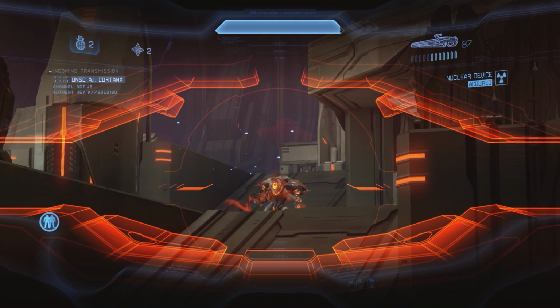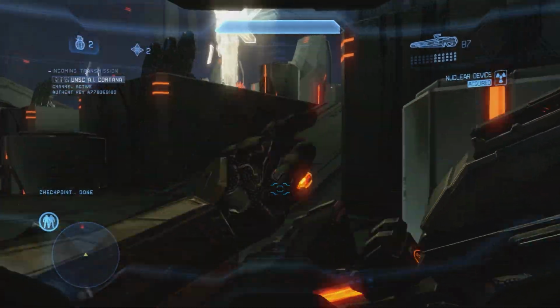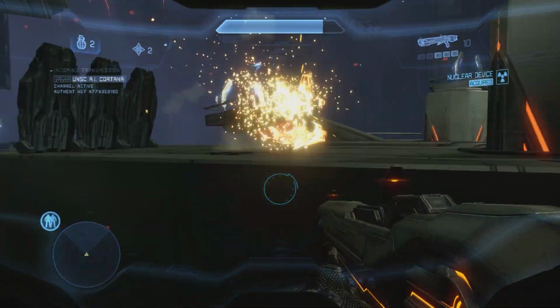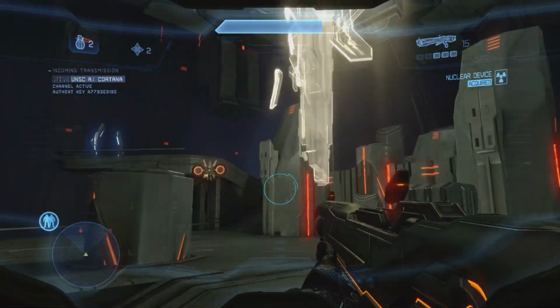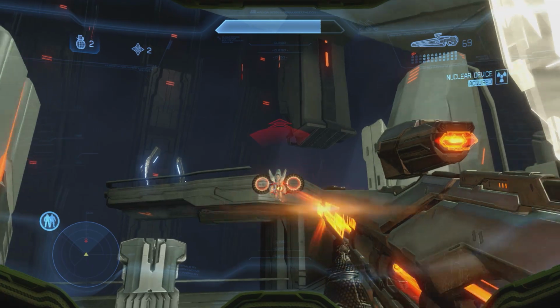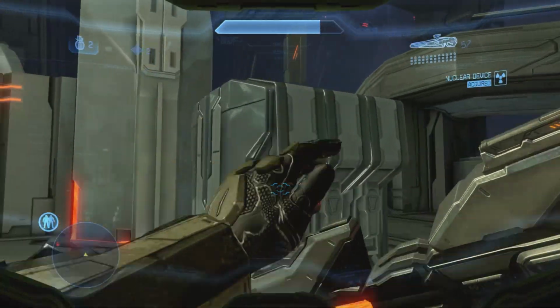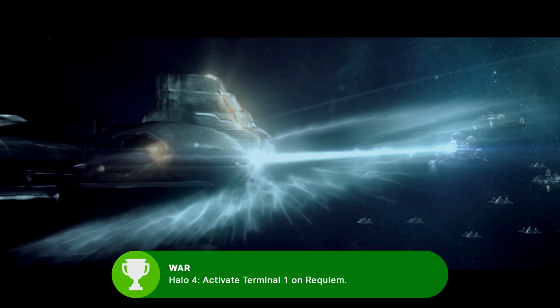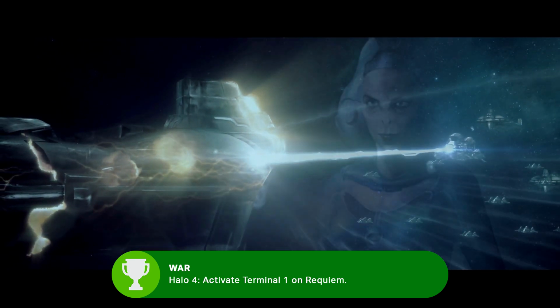And those are the locations of the 7 terminals in Halo 4. Each terminal gets you an achievement per MCC norms. Unlike previous terminal achievements, the Halo 4 achievements aren't puns or lore references, but the names of the terminals themselves. Terminal 1 gets you the War achievement, referencing the Human Forerunner War that took place millennia before the Forerunner War